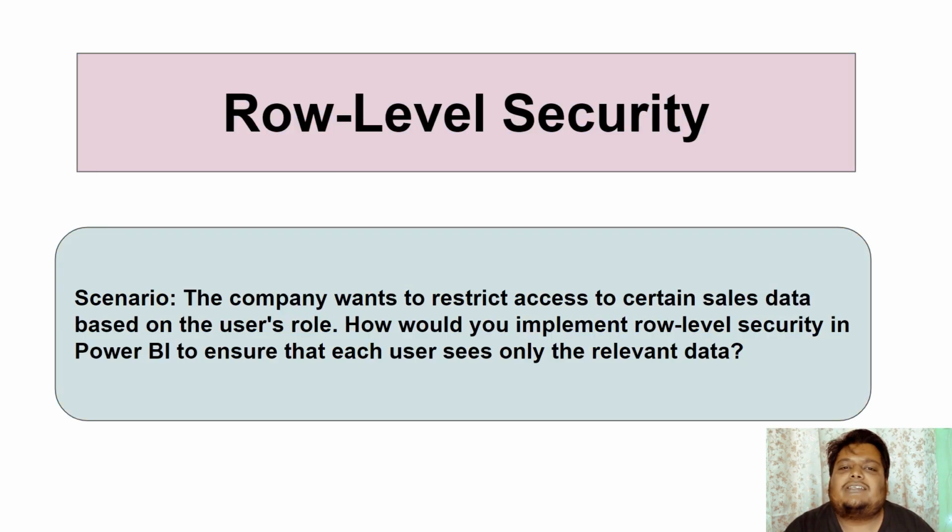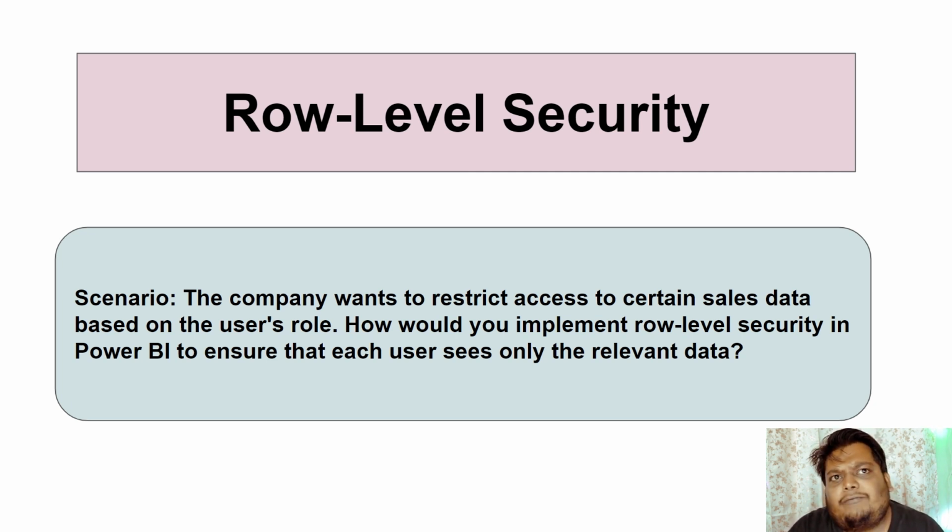The next comes is the most asked, and definitely 100% you are going to face this question in your interview. That is about the row level security. Okay, so let's say that the company wants to restrict access to certain sales data based on the user's role. So how would you implement row level security in Power BI to ensure that each user sees only the relevant data, right? So let's say for example,